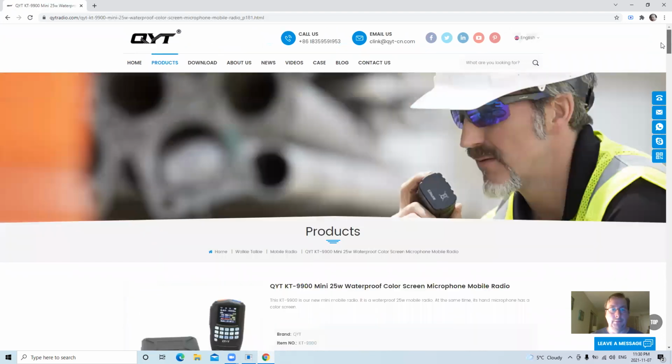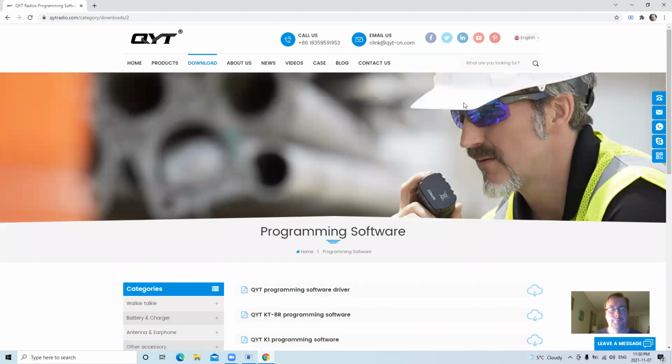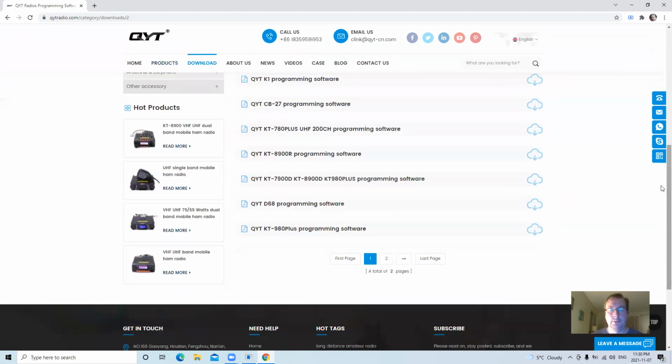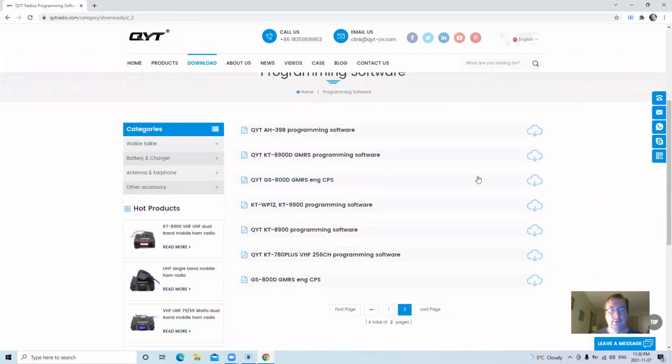And anyway, what we're looking for is the program. So we go to download, programming software, and then we go to page 2. On page 2, we'll see Qyt WP12 KT-9900 programming software. You just click on that and then install. I've already installed it, but